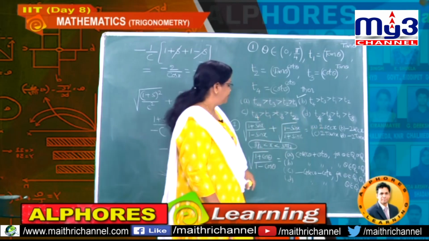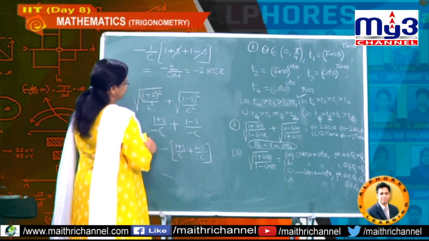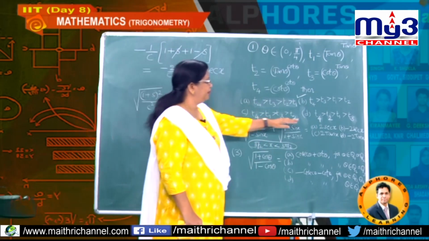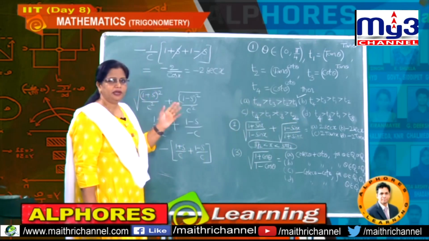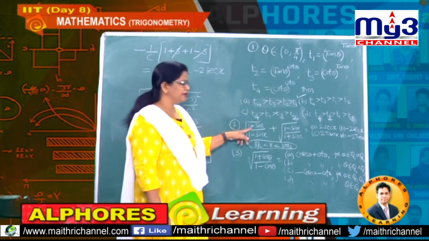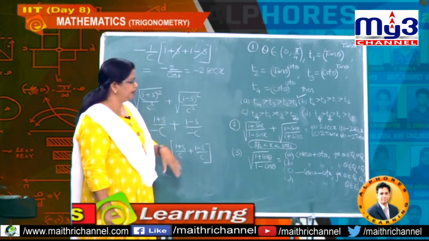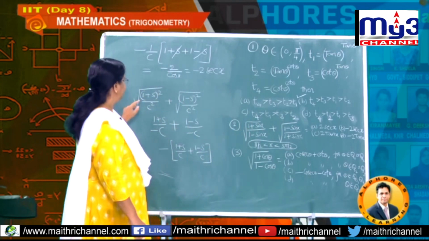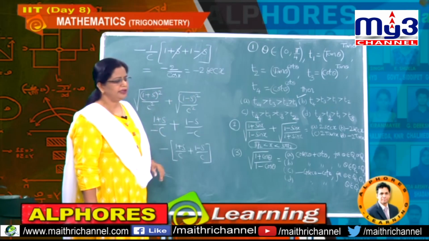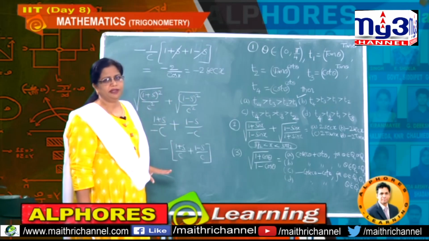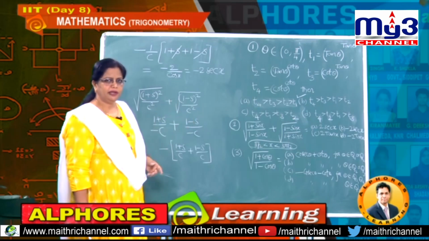Okay, students, that's why you should take care of these given conditions. Now, finally the answer in this problem is minus 2 secant x. Based on what have we done this problem? Square root of trigonometric functions and the range of trigonometric functions. For 1 plus sine, we did not think about which quadrant x is in. Directly we wrote 1 plus sine whole square as it is, and 1 minus sine whole square as it is, and we wrote the root value as 1 minus sine, because the range of the sine function is between minus 1 and plus 1.